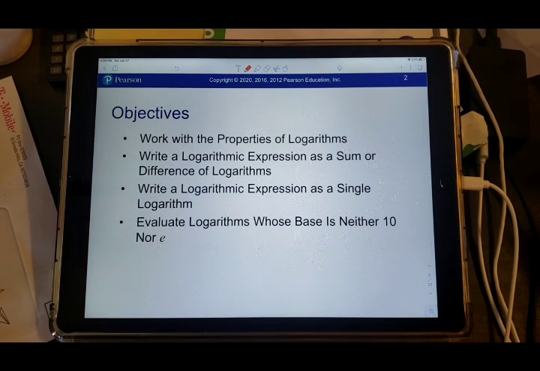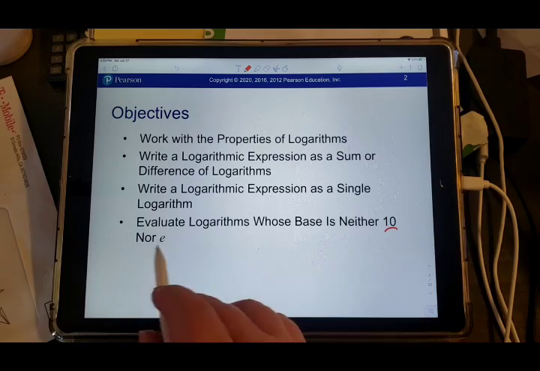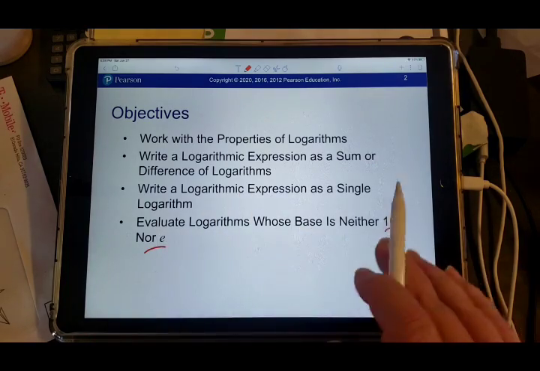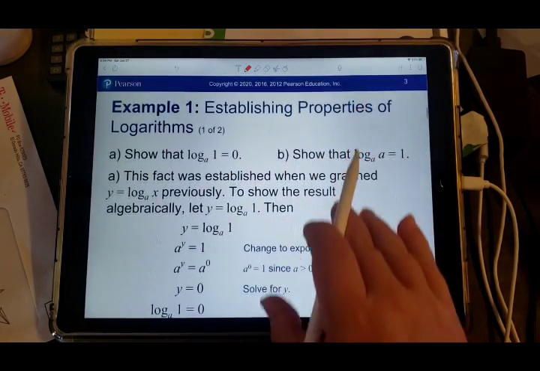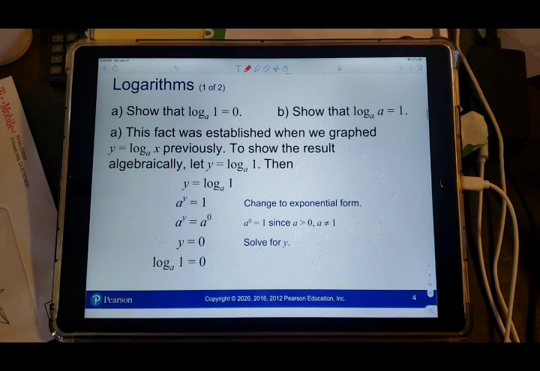So they have a few rules here: log base 10, log base e, evaluating logarithms on a calculator, but we'll get to it. All right, so they give us a number of rules for logarithms, and